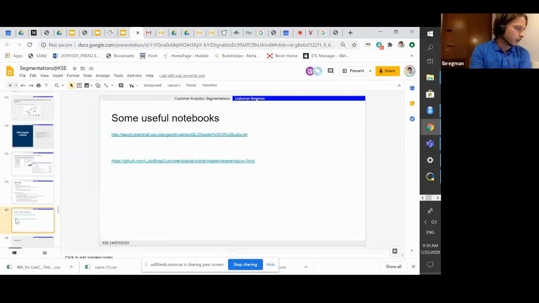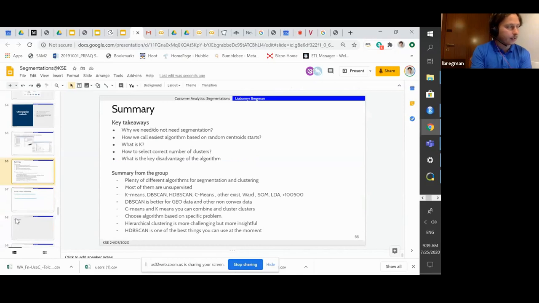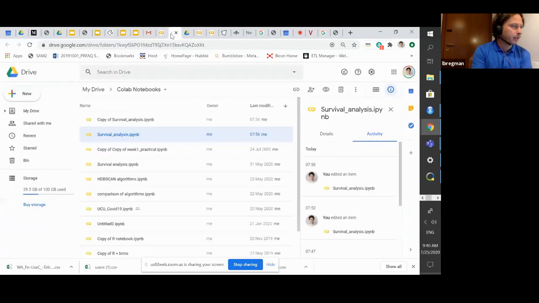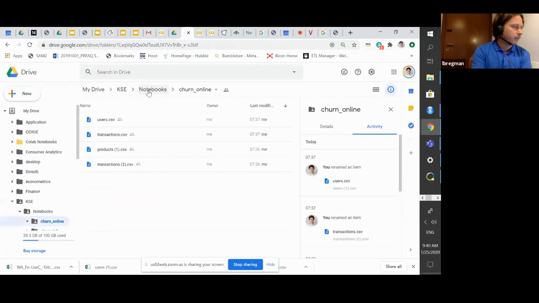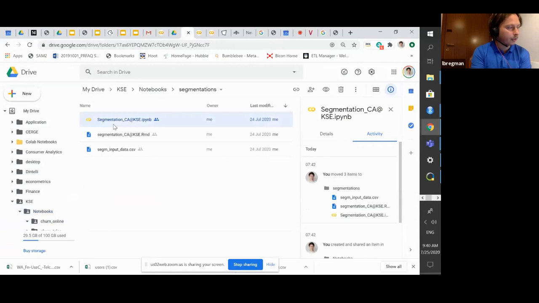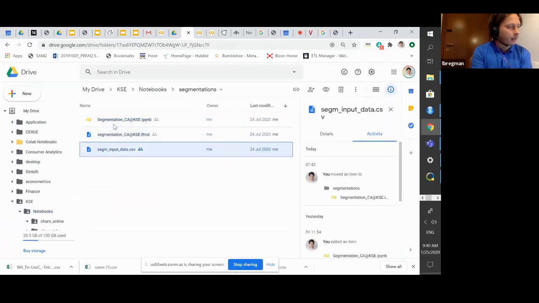Okay, so final point on this part. We have a pretty good summary, I think. Maybe those things will not be useful for you because I placed the notebooks here for segmentation, for the R and Python versions, and also a segmentation file input.